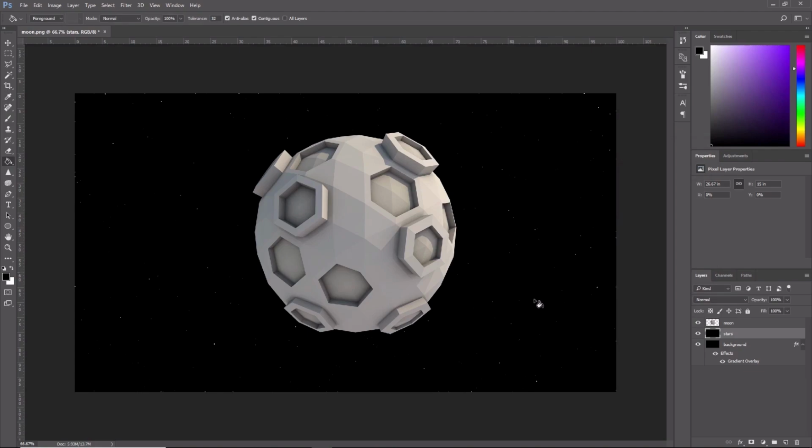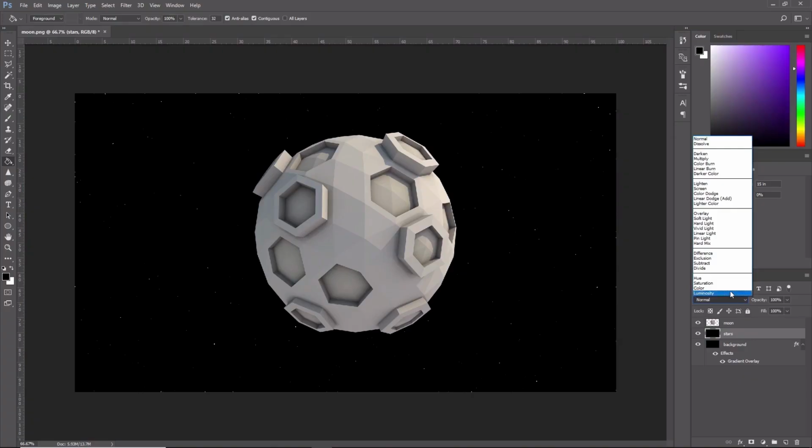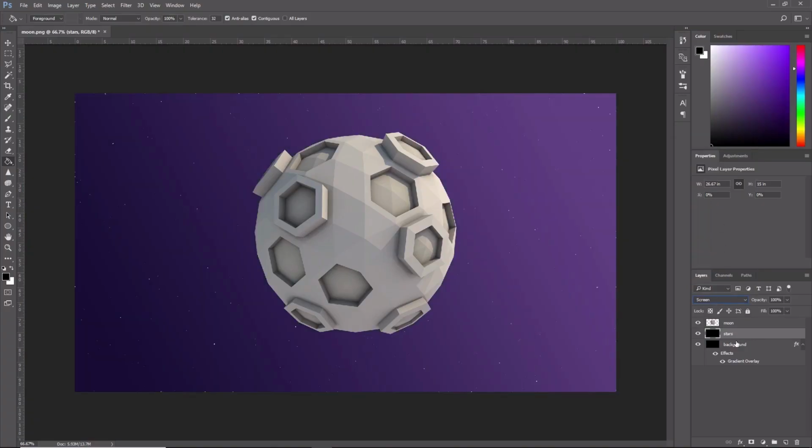Now what we have to do from here is make sure the stars layer is selected and choose Screen from the drop-down menu here. And if we want to add more details to the stars and to add a little bit of twinkle to them, we'll need to duplicate this layer